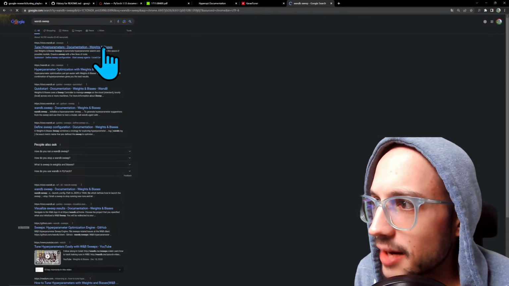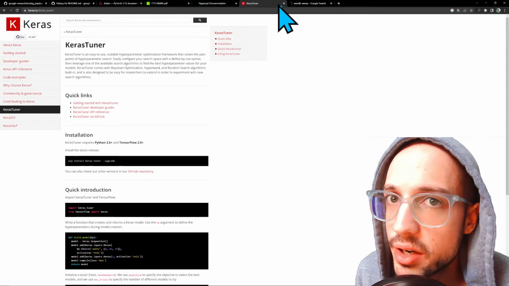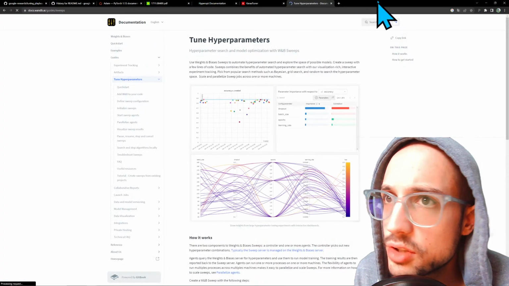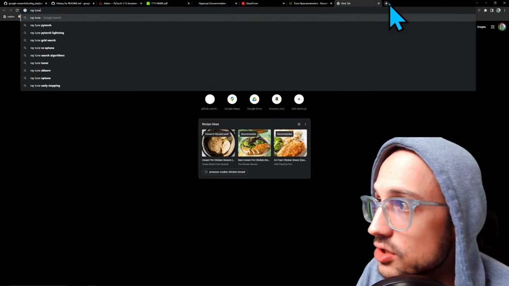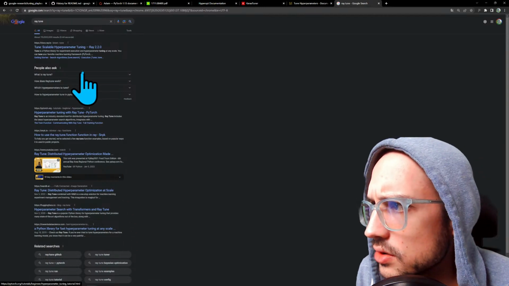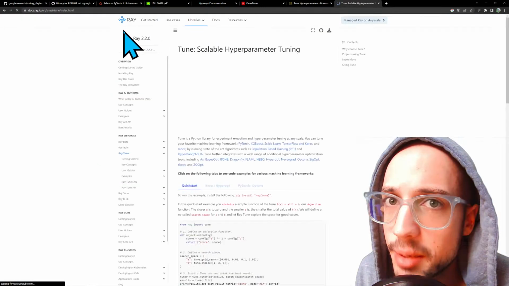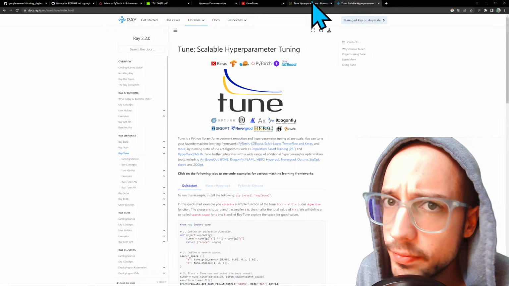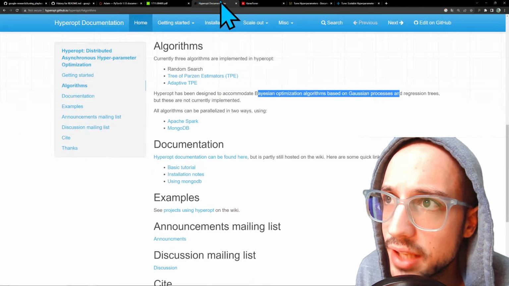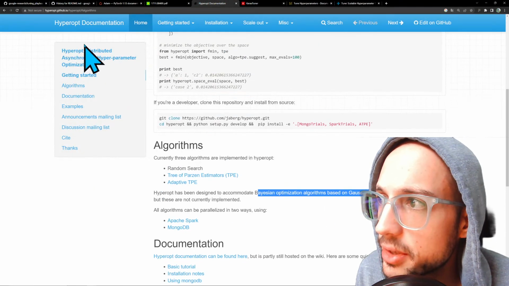There's a bunch of different hyperparameter optimization libraries. Another one is Ray Tune. Ray has its own hyperparameter tuning library. So these are all different libraries that allow you to tune hyperparameters, but